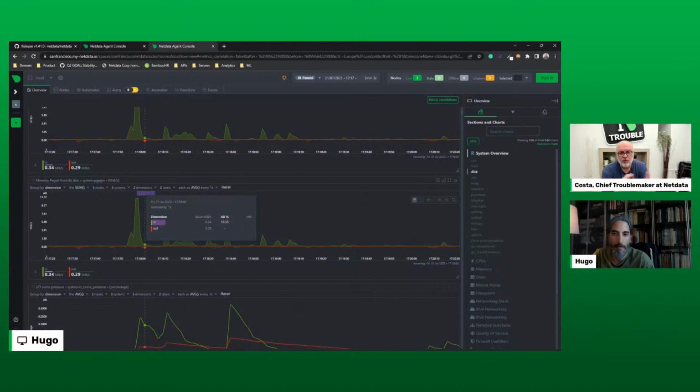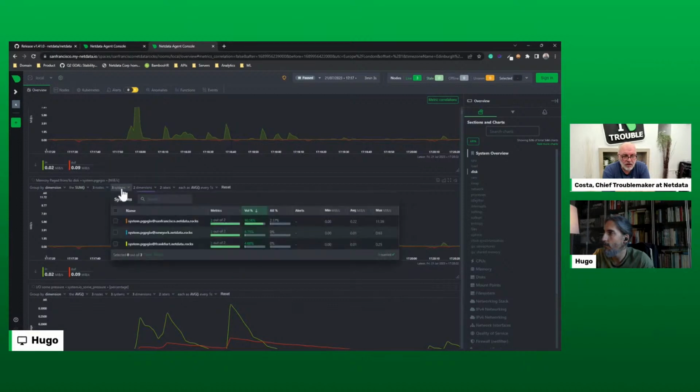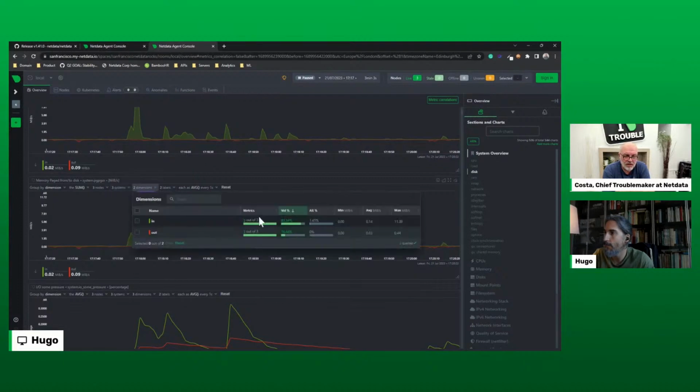If you want to see where this comes from, go to the 3 nodes drop down, and you see that the anomaly is coming from San Francisco. If you go to the 3 systems, again it is San Francisco. If you go to dimensions, the drop down next, you will see that it is input. And if you go to the labels,